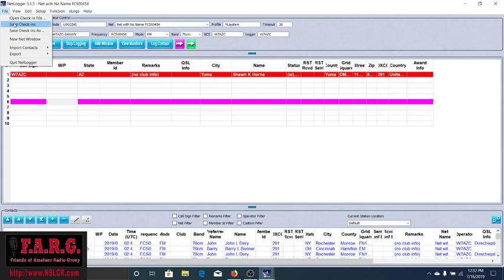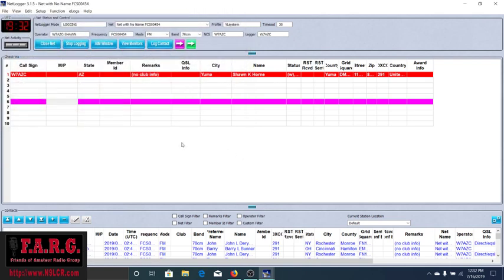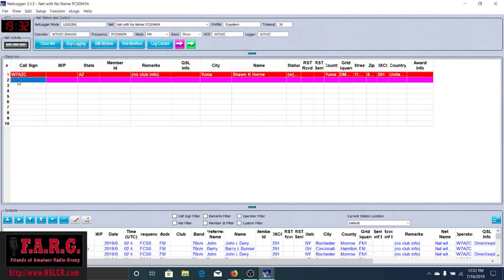You can go into here and you can save your check-ins. You can either just hit the save check-in or save check-in as, and that way you can keep your list there. You can also save your contacts. I'll use my old call sign here,